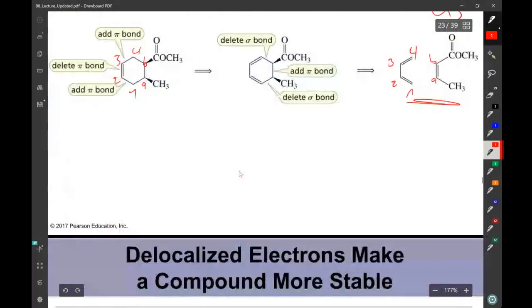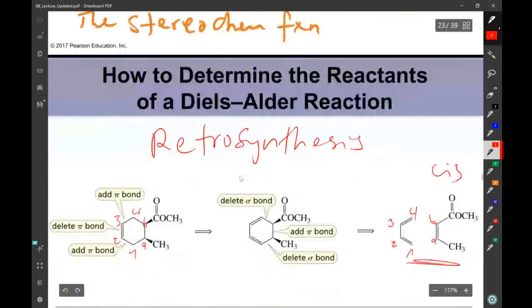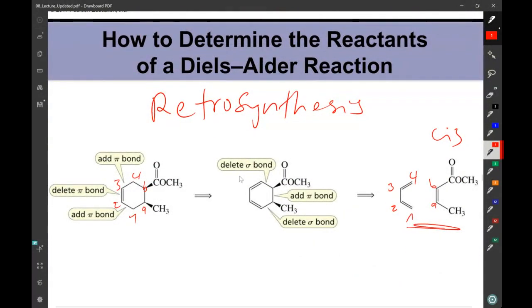So that said, we are done with the Diels-Alder reaction. To recall, the Diels-Alder reaction is a 4+2 reaction because you are using 4 pi electrons from the diene and 2 pi electrons from the dienophile. You end up forming a 6-member ring for the Diels-Alder reaction. And in the Diels-Alder reaction,